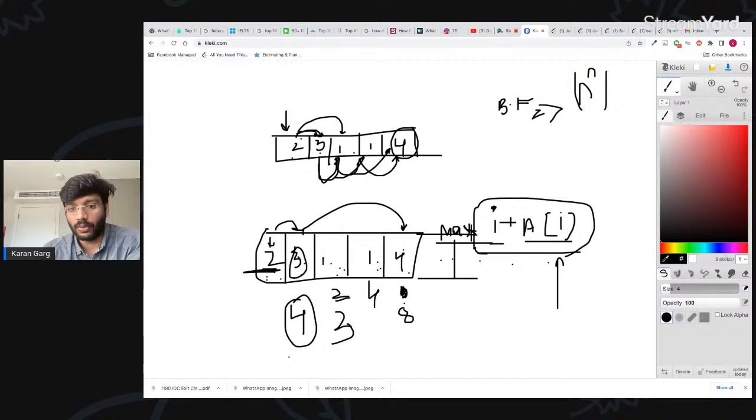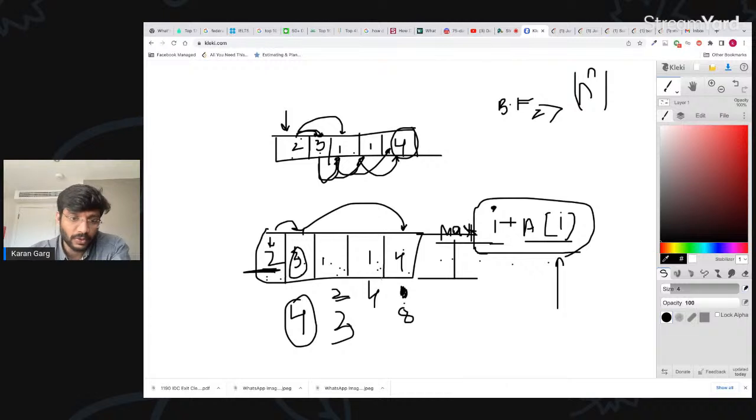So this is what we can do. And in the worst case, this can go up to n square, but this is not truly n square ever. And one more optimization that I can do is, if there are two values which are the same,